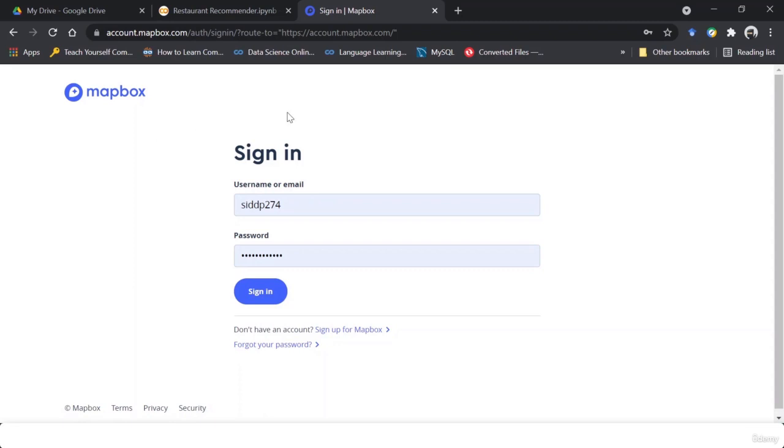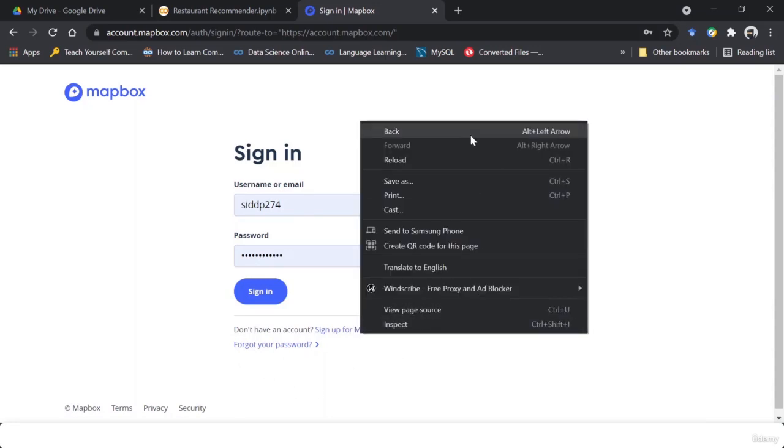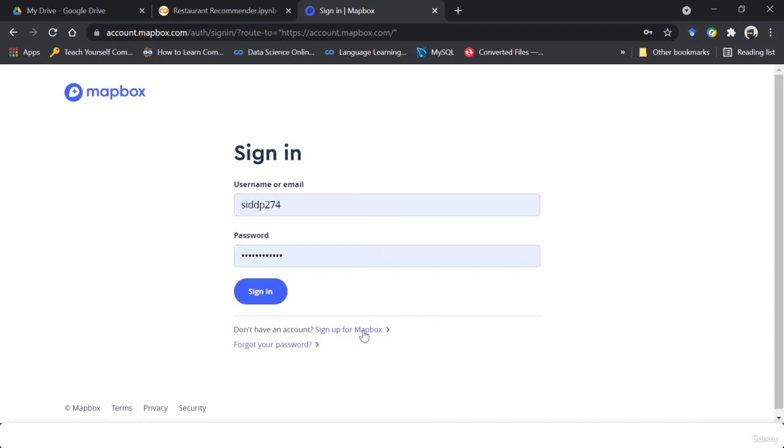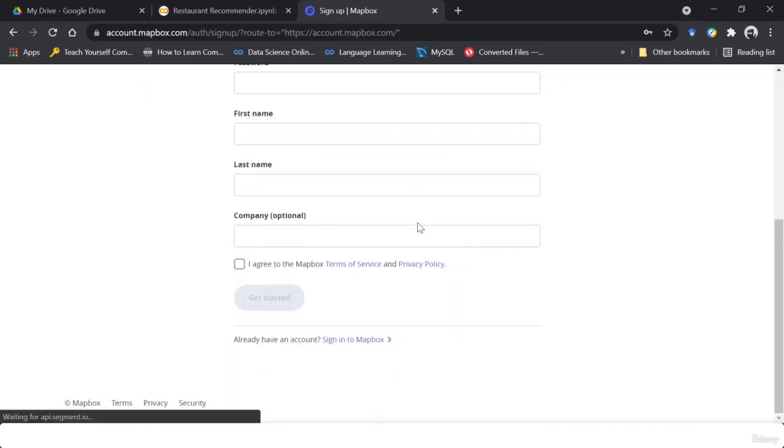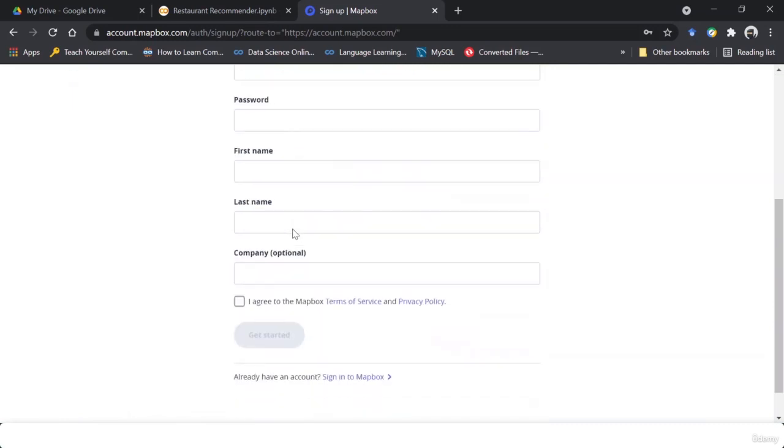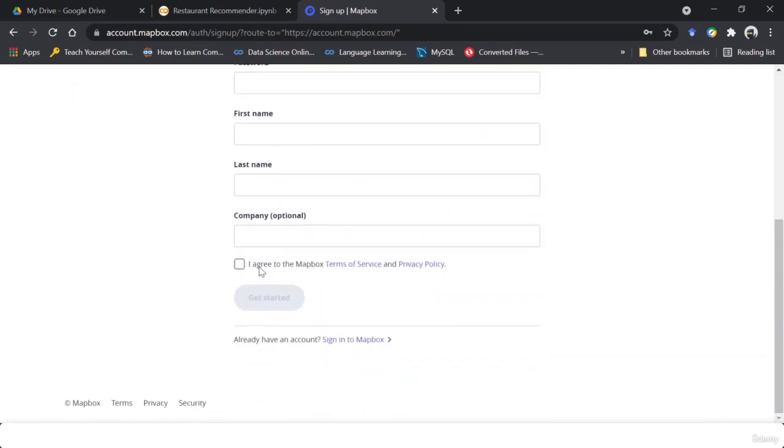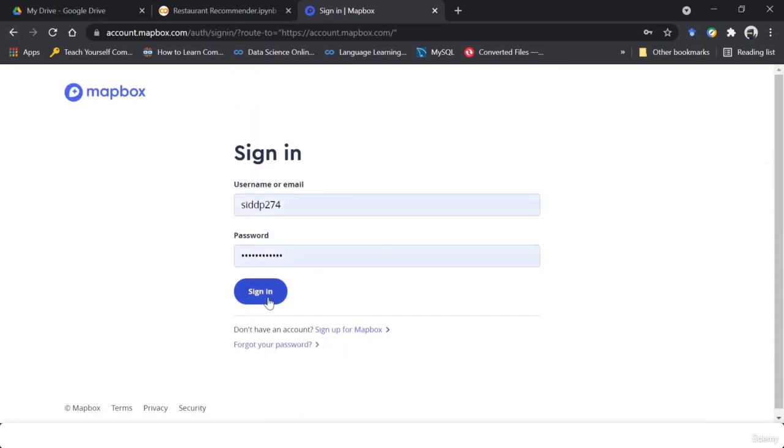Now, this page is what is going to be shown once you click on that link from the Google search. Here you can click on sign up on Mapbox, input your details and credentials, and click on I agree and get started. Since I already have a Mapbox account, I'm going to sign in.